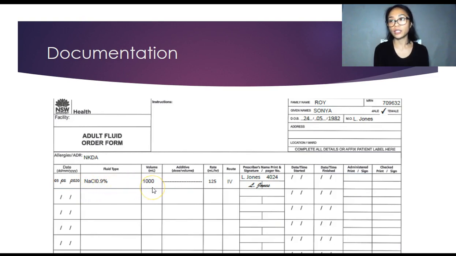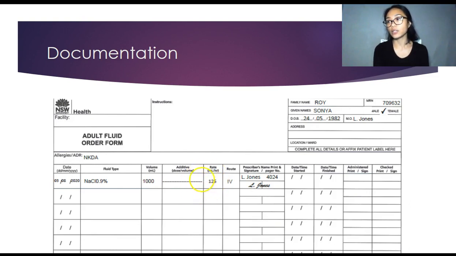Last semester we had right dose, and now it is right volume, so 1,000 milliliters of normal saline. Last semester we had right route. Now right route in this situation will always be intravenous, so IV is written here. And right time or frequency is now right rate or duration. Because remember, there is no time where it's specified that it needs to start, but we have the right rate or duration. So the rate here in mils per hour is 125 milliliters per hour,